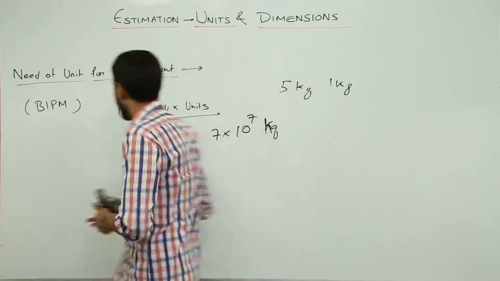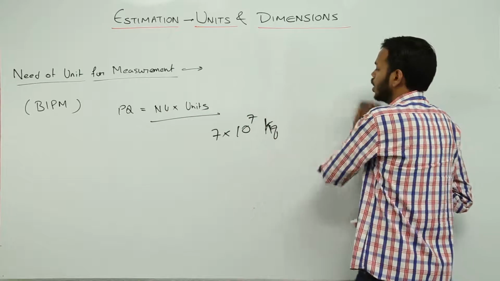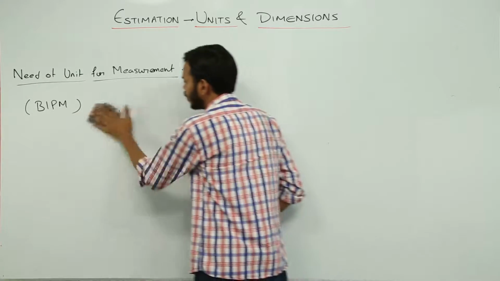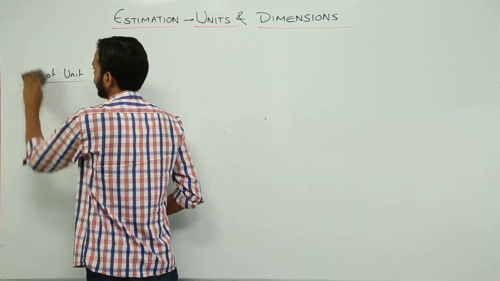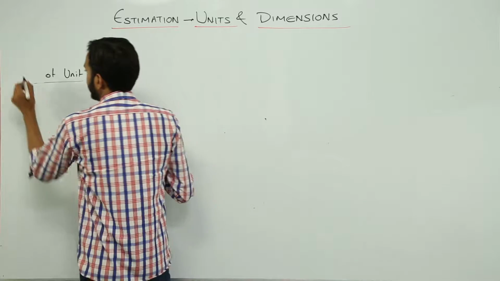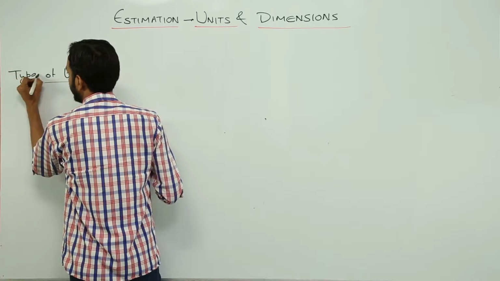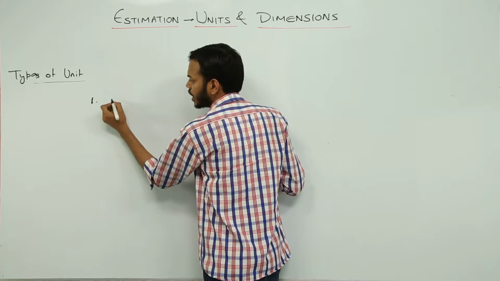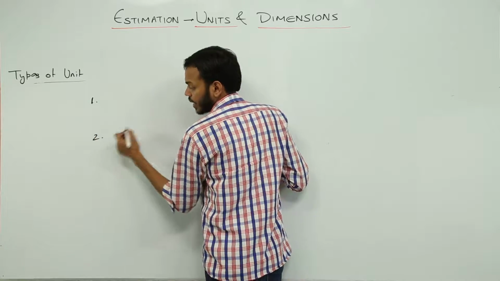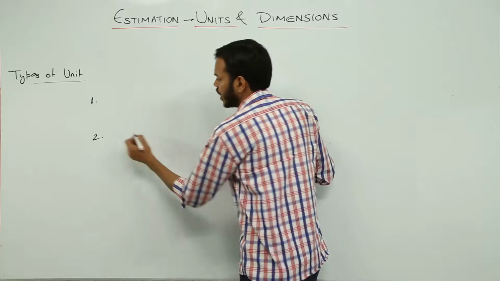So now we know why we need units. So what are the different types of units? Let's study the types of units. So basically we have only 2 types of units. Number 1, the most important, I'll tell you the second one first, it is the